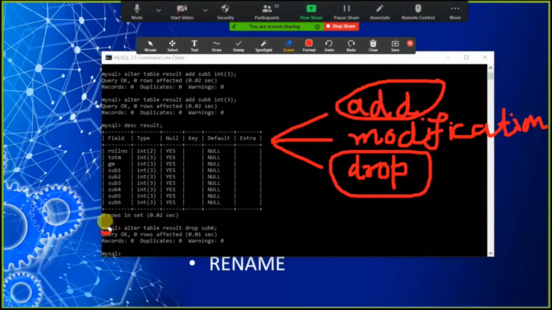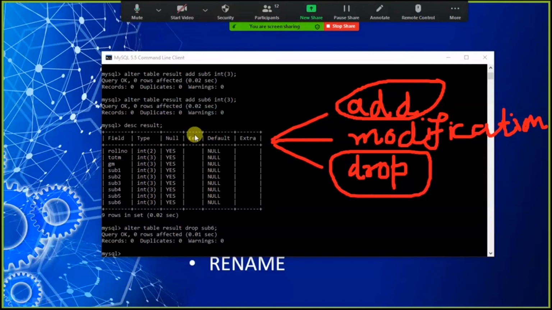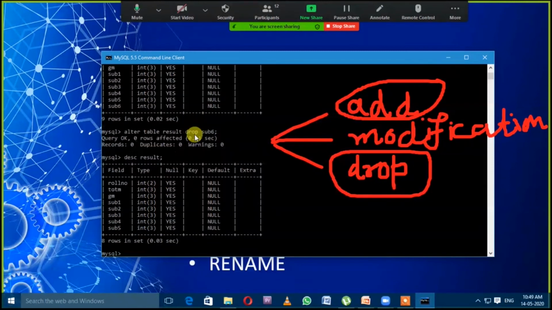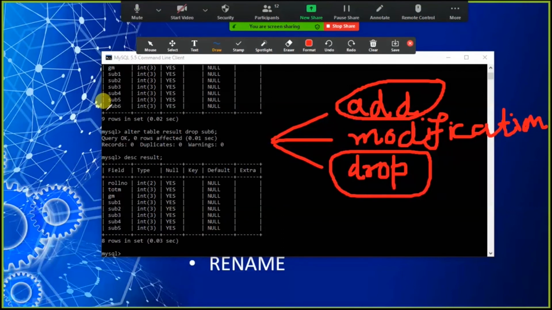Look here. Now again I am going to describe the table to check how many columns are there in my table. Describe result. Look here. Previously by mistake 6 columns had been added there, but right now only sub5 is the last column visible inside the table.